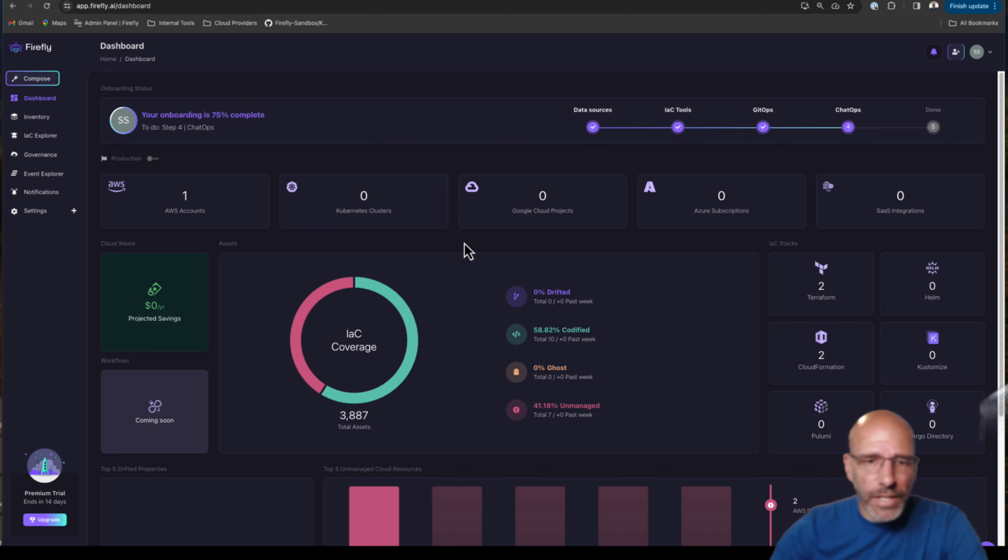In our last video, we onboarded an AWS account as well as a GitHub account, and Firefly has completed its scan. It's actually been long completed, but we can see here that it did detect that 58.82% of my environment is codified and 48.18% is not codified. 10 new, a total of 10 over here and a total of 7 over here, none new in the past